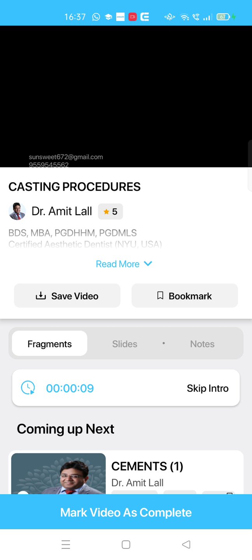In gypsum bonded, I would ask you to remember just one very important point. Binder is giving the strength, that is the gypsum. So minimum gypsum should be more than or equal to 15%. Though we are looking forward to a very high expansion, expansion should not be at the cost of the binder. It should not be so high that you are using refractory material and the strength of the overall investment is weak, otherwise it will crack.